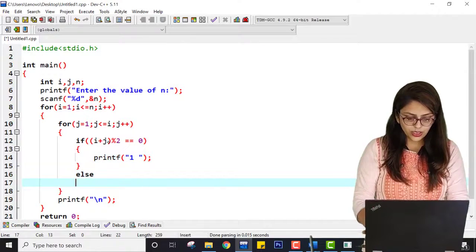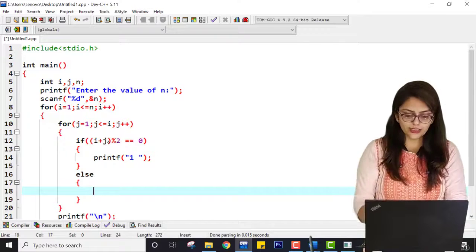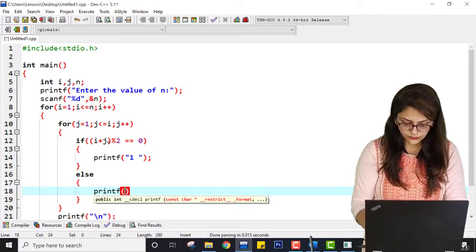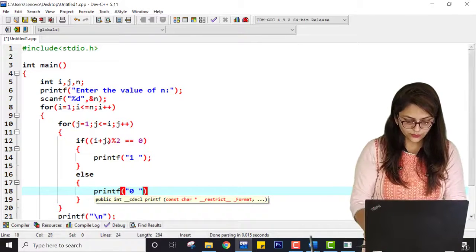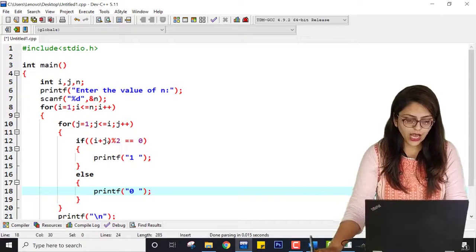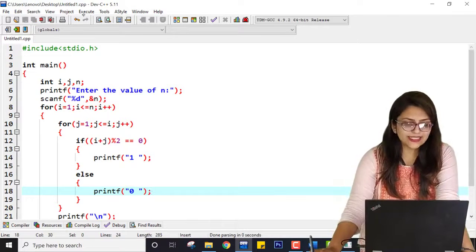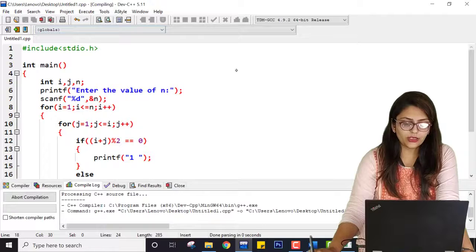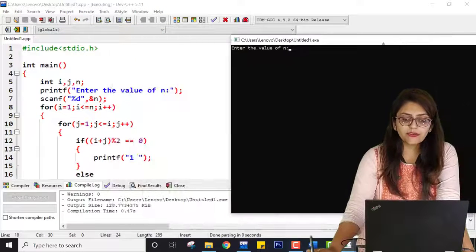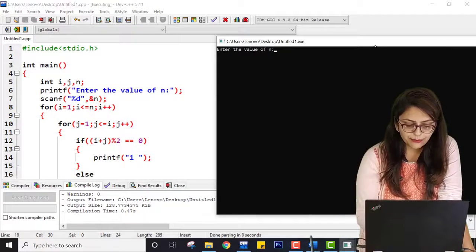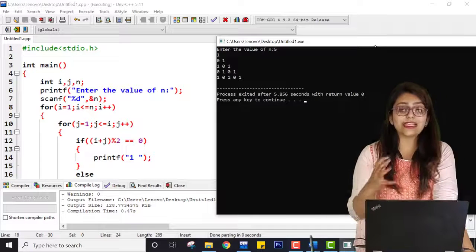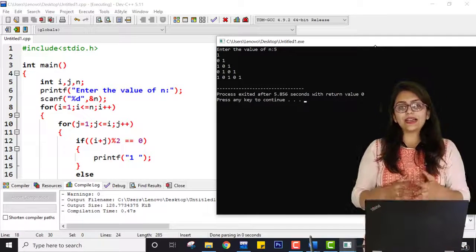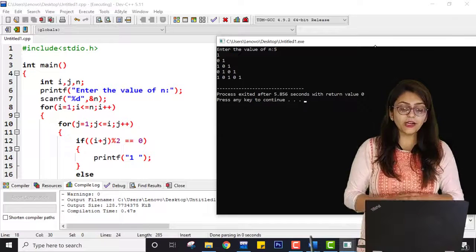Otherwise, if the summation is odd, I am printing 0, right? Now the remaining code will be the same, and let me check if the code is correct. Here I am giving n as 5 because I want 5 rows, and you can see I am successfully getting the desired pattern, right?